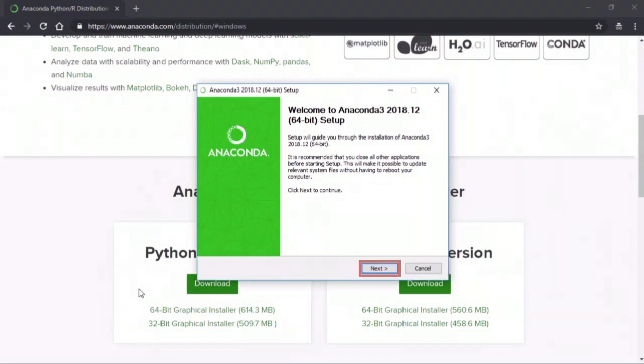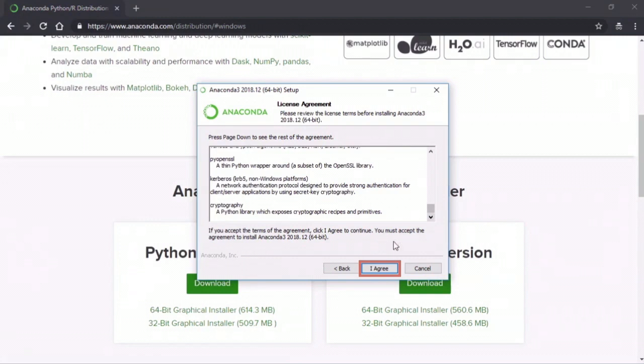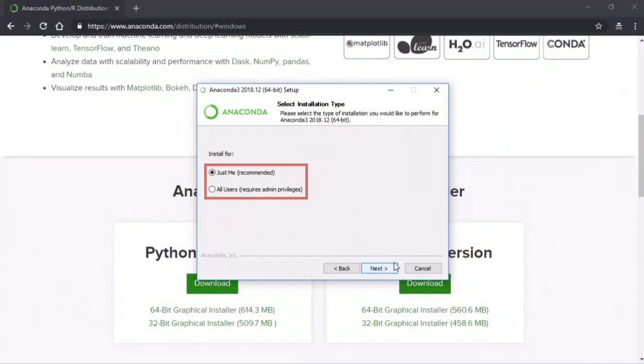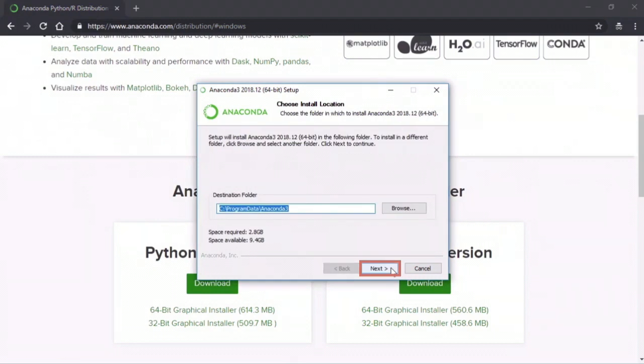Click on Next through every screen. Make sure you agree with the license agreement. Click on the I agree button here and move on to the next page. Now, your machine might have multiple users. Here is where you make the choice of whether you want this Anaconda distribution and Python installed for all users or only for yourself. If you install for all users, you need to be an administrator on your machine. Since I am the administrator here, I'm going to go ahead and select all users. Click on the next button to proceed with the installation. Decide where the destination folder for this installation should be. If that's okay with you, click on next once again and move on.